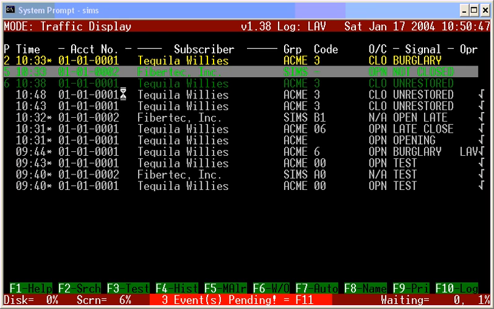Welcome to the SIMSII Operators training video. This video should help in the understanding of the capabilities of the SIMSII from the operator's perspective. The operator's world in the SIMSII must start from the traffic display and its capabilities, and that's where we're going